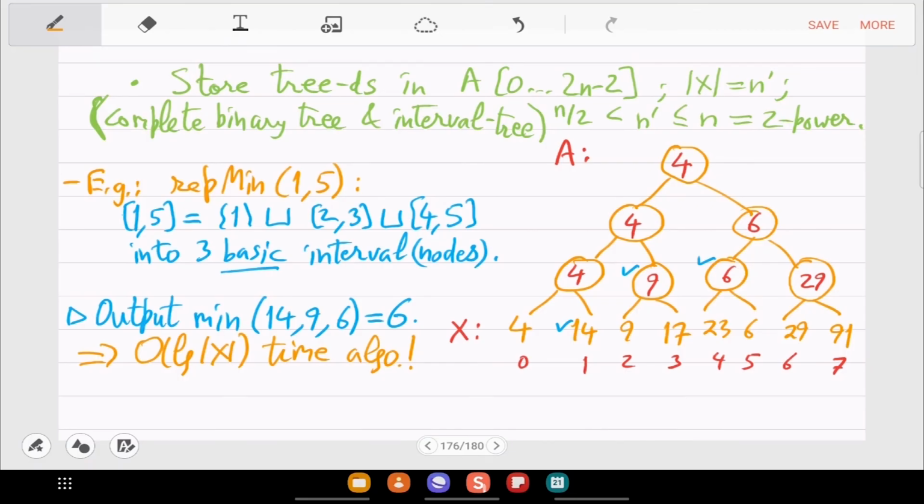Same as in the old case. How did you decompose I comma j? You go to the leaves where xi and xj live, and then you keep moving above till the parents are equal, right? So that is what gave you the decomposition of I comma j.